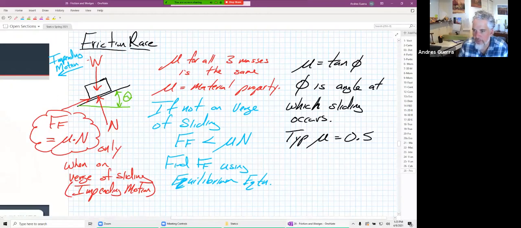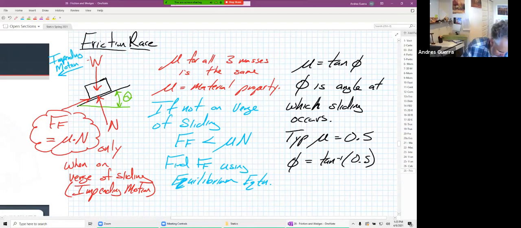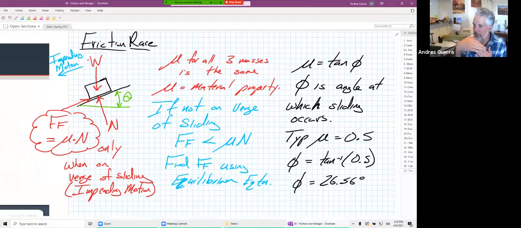Now, if we wanted to find phi for this, phi is going to be equal to the inverse tangent of 0.5. If we plug that into our calculator, inverse tangent of 0.5, that's a phi equal to 26.56 degrees. So that's probably similar to what we had, right? 26.56 degrees, but that friction angle